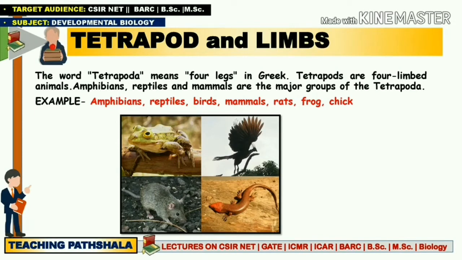Fine. So tetrapods are the animals which are going to have four limbs. Okay. And some examples of tetrapods are there in front of you in the form of a diagram, which you can see. There is the presence of frog, rat, birds and reptile. Okay, in case of frog, again there is a presence of four limbs. In case of rat also, as well as in case of bird, you can see one pair of wings and one pair of legs, that is equal to four limbs.